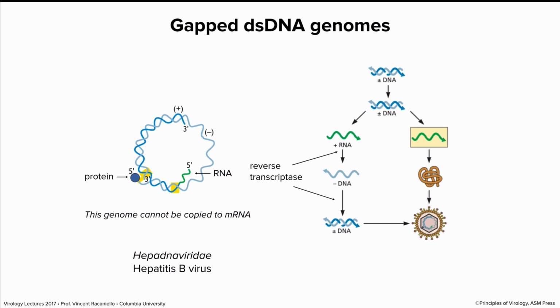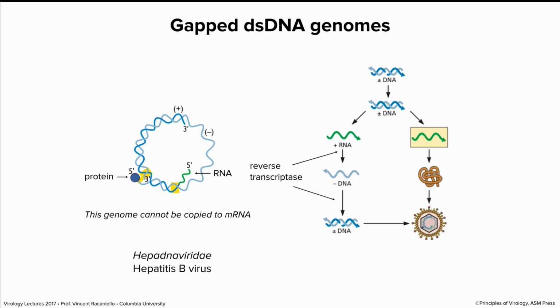And then you get a double-stranded DNA genome that is now the substrate for transcription of mRNAs. And of course, from there, viral proteins can be made that can be used to make new particles. Now, the way the genome replicates is very unusual here. Some of these mRNAs that are not used for translation are copied instead into first a minus DNA and then a double-stranded DNA molecule. That is done by the viral enzyme called reverse transcriptase. So two families of viruses that we're going to be talking about encode reverse transcriptase. And that enzyme name, of course, means that it takes RNA and makes DNA from it.